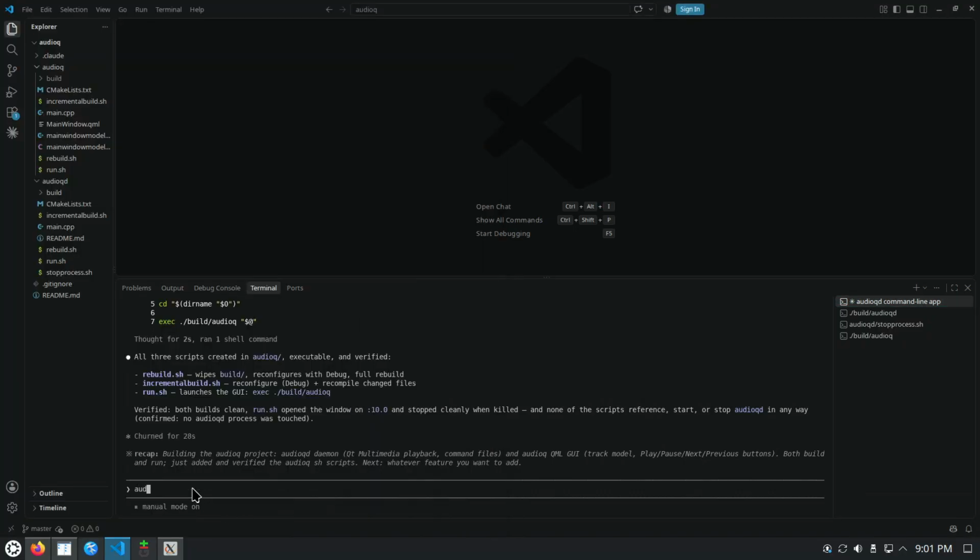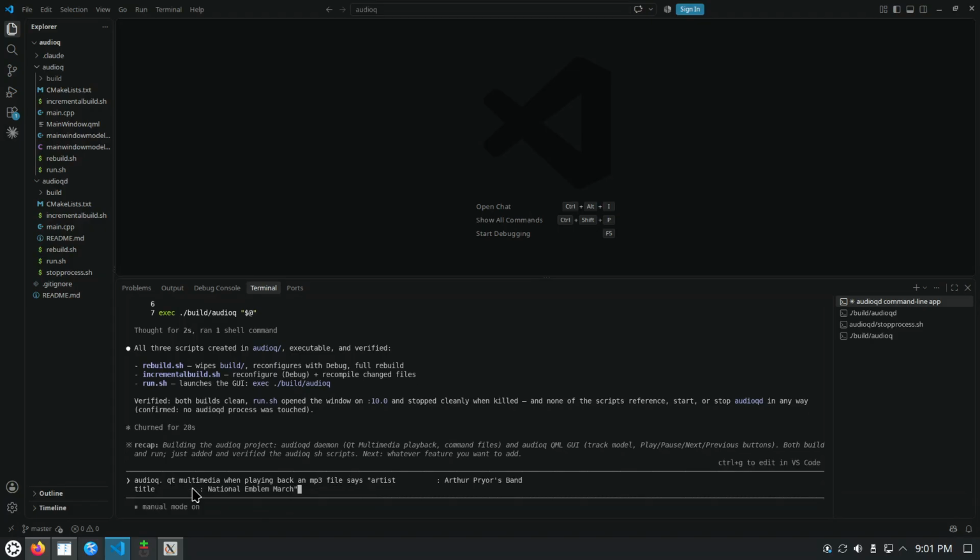Okay, audio queue, QtMultimedia when playing back an MP3 file says in main window QML we should display not the file name but